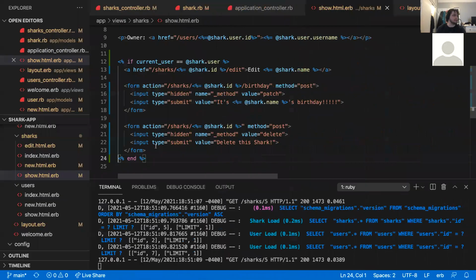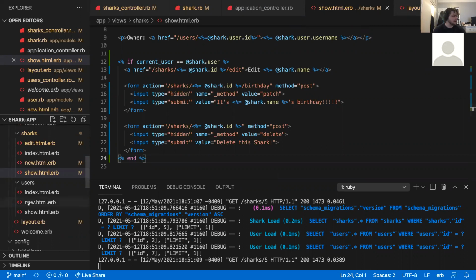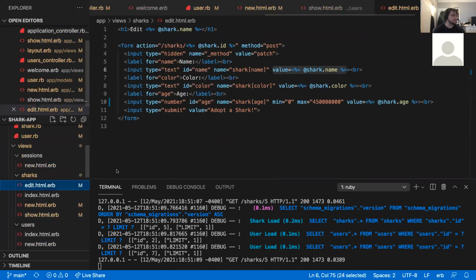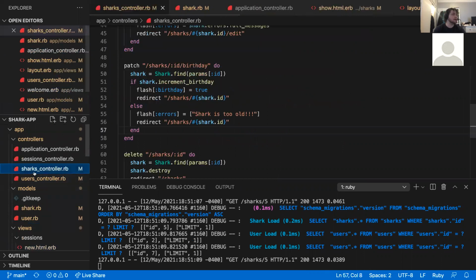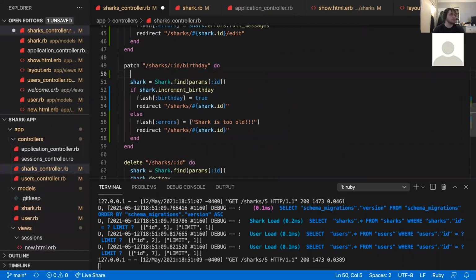This if statement right here does help out with making sure that the users know what's going on. But if I actually want to make my app secure, we're going to need a little something else, right? We're going to need a controller level validation. We're going to need to say, hey, is this request coming from current user? So in our patch action, we can do if